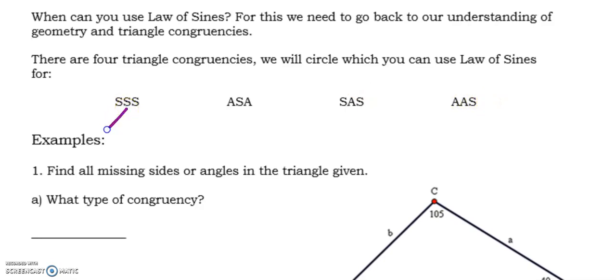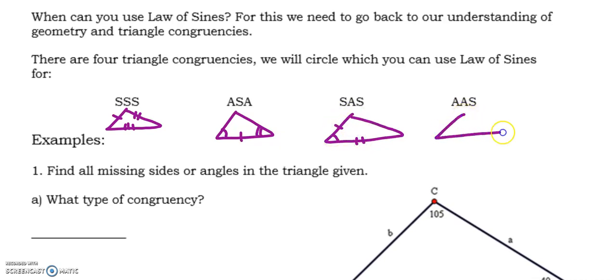So from geometry, what this would look like is if I gave you 3 sides, if I gave you an angle, a side, and another angle, if I gave you a side, an angle, and another side, or if I gave you an angle, and a side not included. Okay? So for the law of sines, we're going to focus on when we know more about the angles. These two are going to be the law of